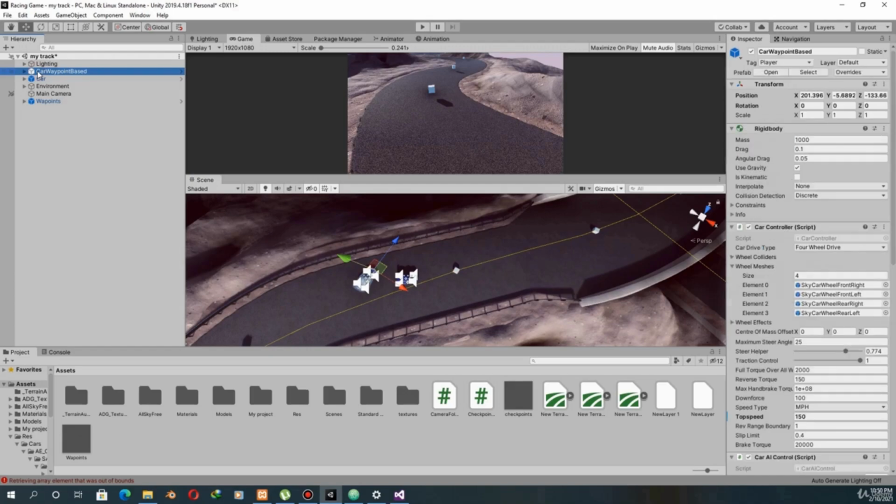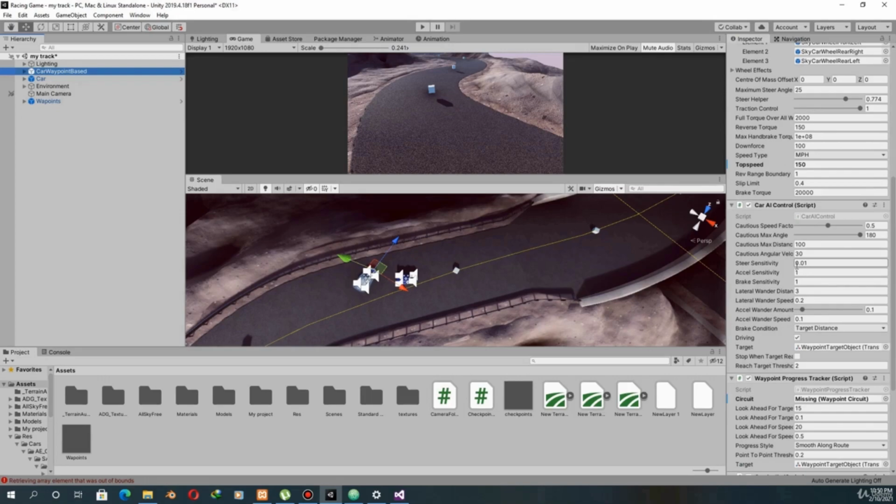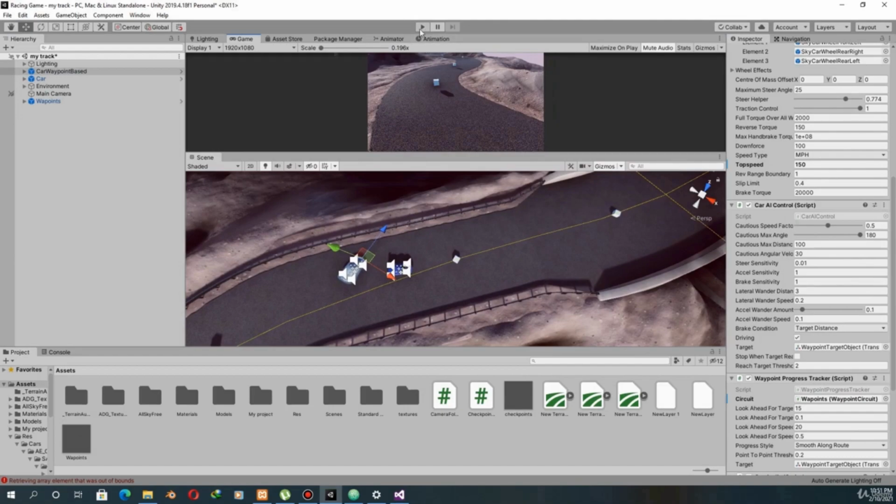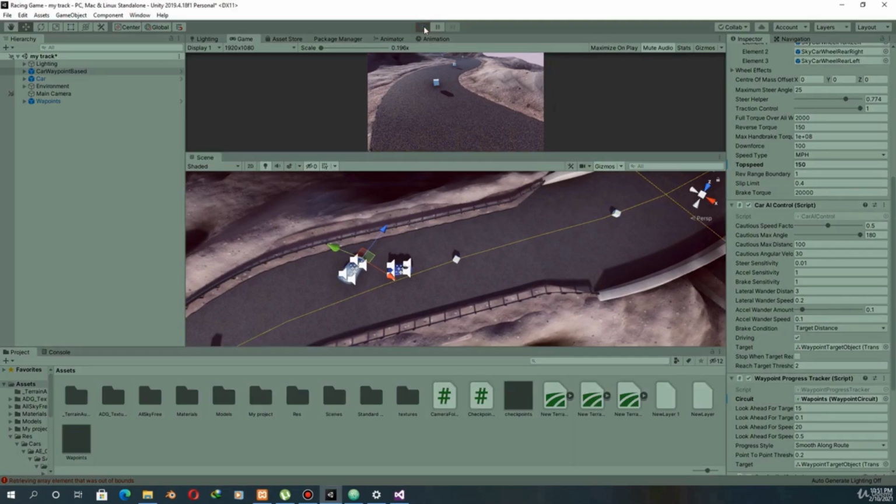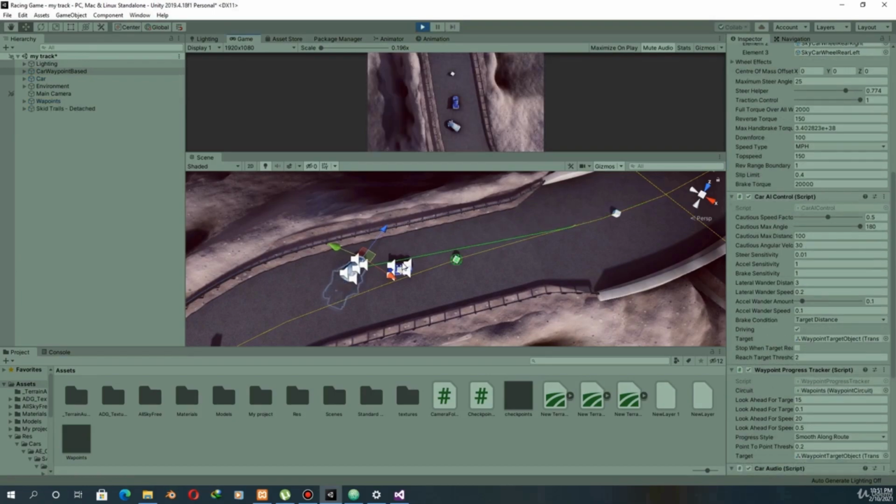And if I select my AI car, I have placed the AI car just behind the first waypoint. And now by selecting the AI car, I can drag the parent waypoints to the circuit. And now let's see how the AI car travels with this waypoint system.